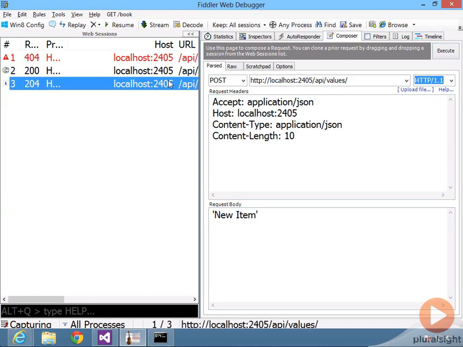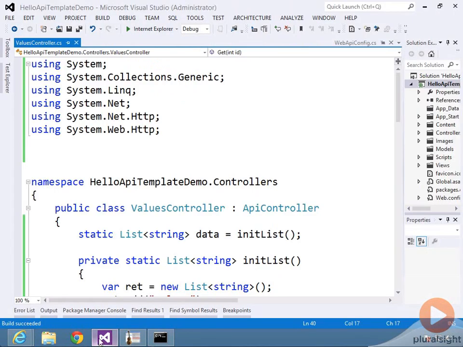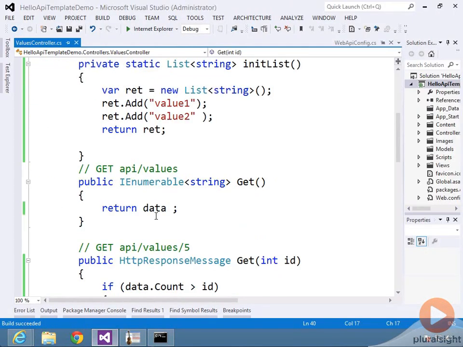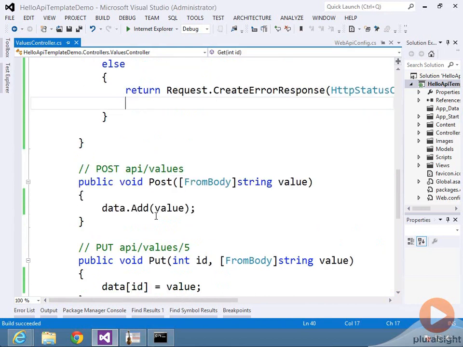I didn't get any errors back, but the status code that came back was a 204 no content, which is okay, but again, not really in the spirit of HTTP. HTTP says if you add a new item, then the response should be 201. And so the 201 should have in its header the location of the newly created